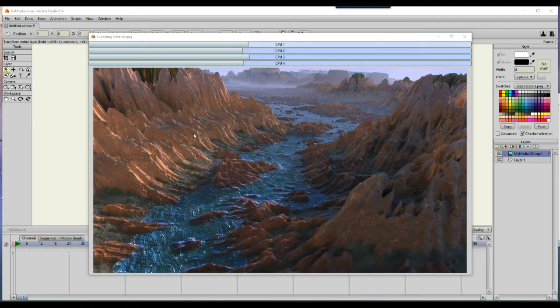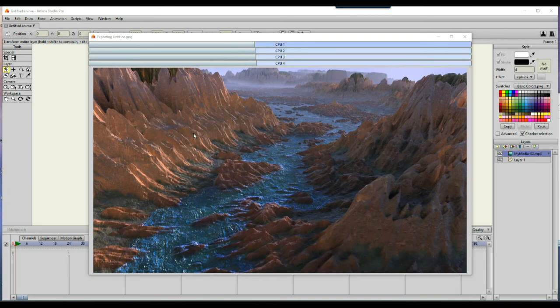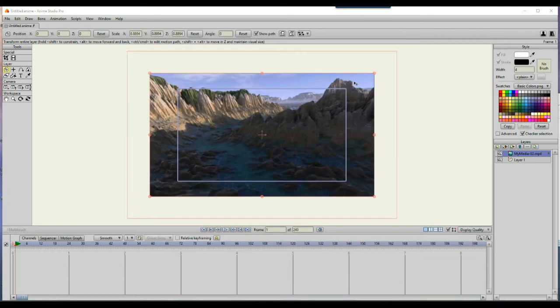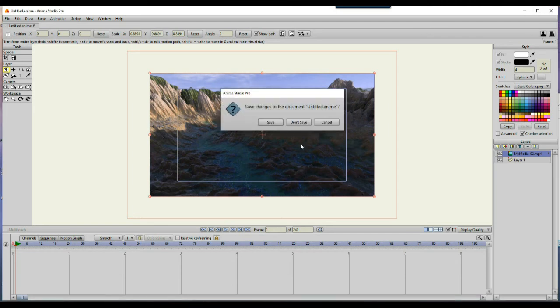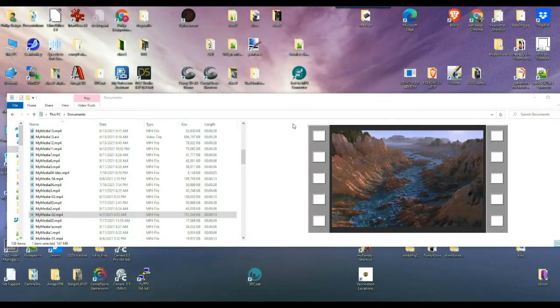And I'm going to pause the recording here and come back when it's done. And we're back, and so now the whole image sequence has been saved. And that's it. We don't need to save this project necessarily, so just close that, don't save it,